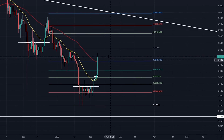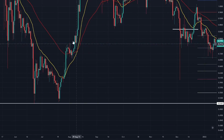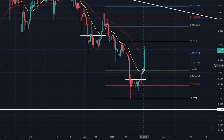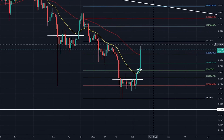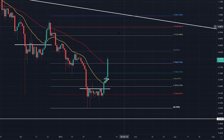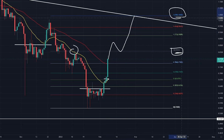We've got key resistance above us, but that's a huge impulsive break. I mean, that break there is bigger than that. Yeah, this break here is pretty much like what we did here. So you might consolidate here, run back into the daily EMAs, okay, just there, hold them as support, and then continue, because once you take out this high just there, which is a key level of resistance at 0.8163 for XRP, you're going to be in an impulsive break, targeting the 1.618 at